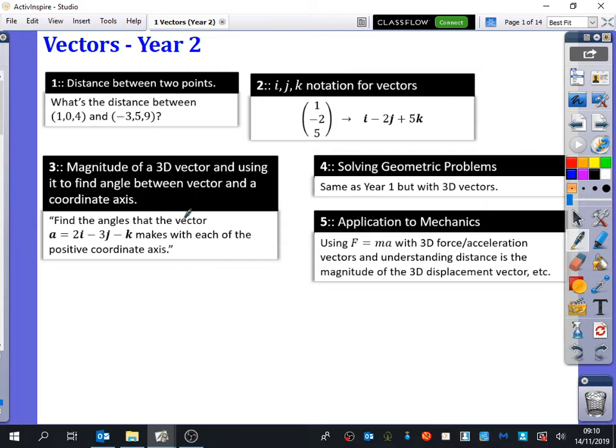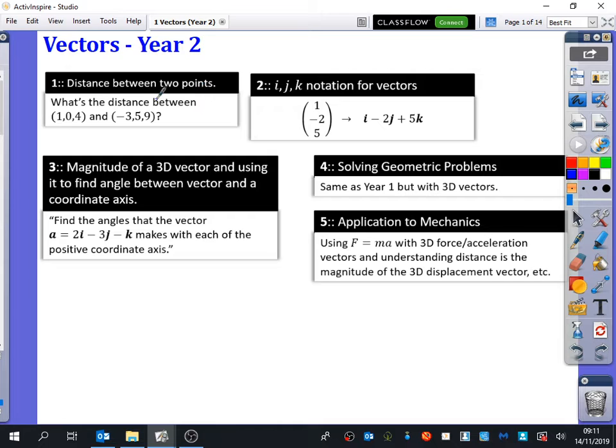Okay. If anyone who's done further maths needs a textbook, you can go and grab one from the cupboard just while I'm talking through this. Otherwise, the things that we're going to be doing now is we should start to see there are some things on this first slide that are similar to what you should have done for vectors when you were in year 12, okay? So the things that you had to do with year 12 is you had to find the distance